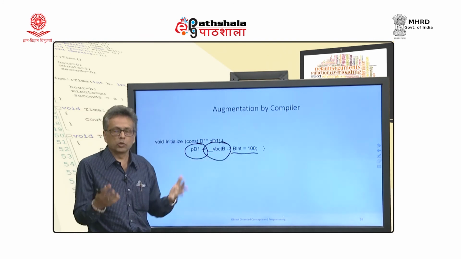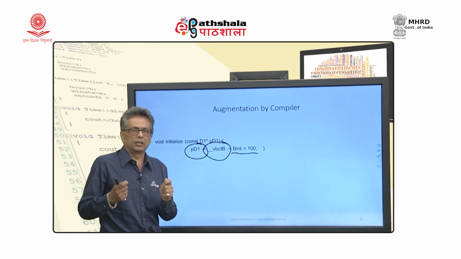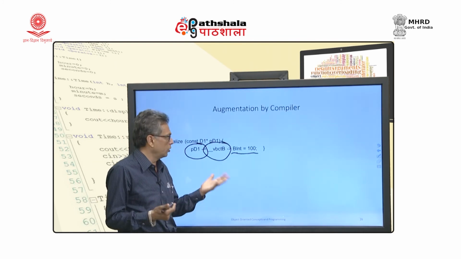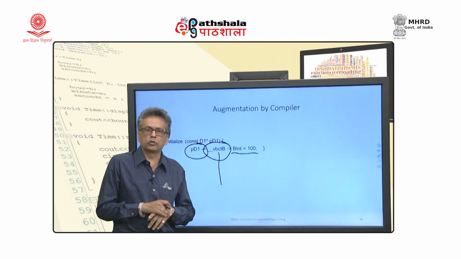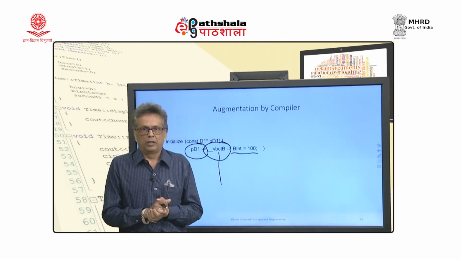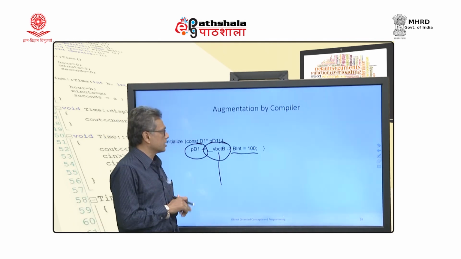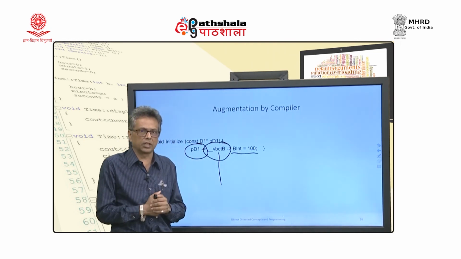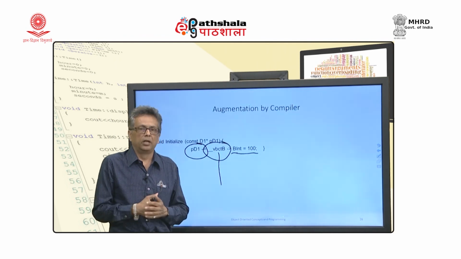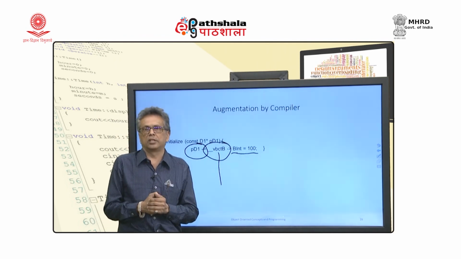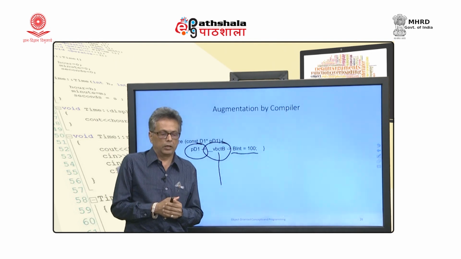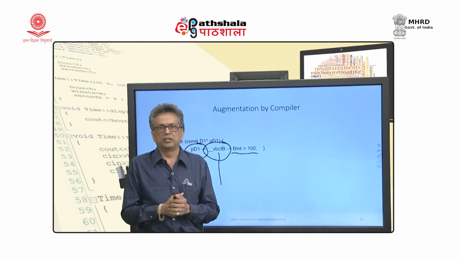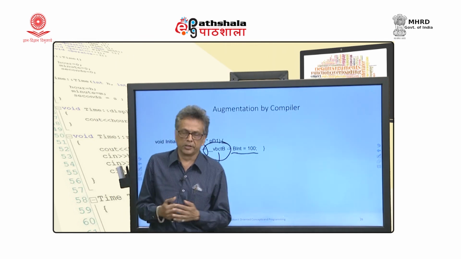Okay. So, if it is virtually inherited, the base class is displaced. So, the normal calculations will not work. We will have to look at this virtual base class table and do it. How this virtual base class table is constructed is actually compiler dependent. There are a few ways in which this can be done, and all of them are pretty complex. If you want to learn more about that, I would suggest you read the book from Stanley Lippman, Inside the C++ Object Model, one of the best.